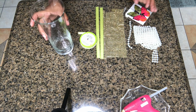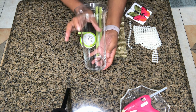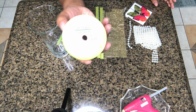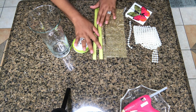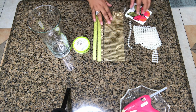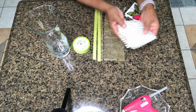The items that I use are all from the Dollar Tree. I'll be using this tall cylinder vase. I will also be using some satin ribbon. In this case, I'm using green for my upcoming project. You can use any color of your choice. I've already pre-cut them. I will also be using some gold bling wrap, some pearls, and this came in a